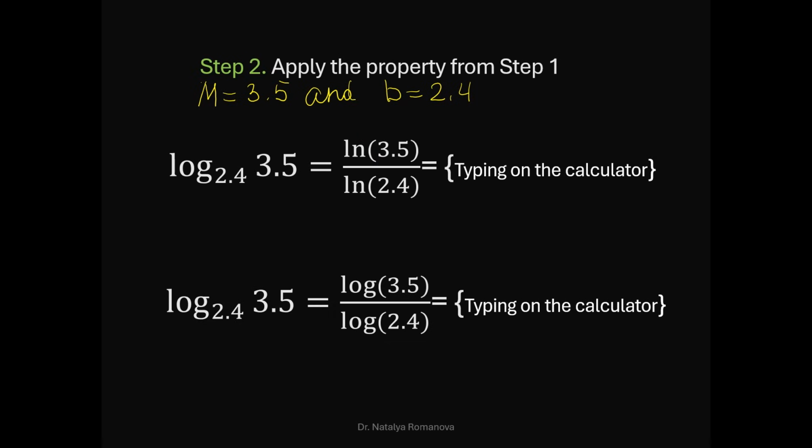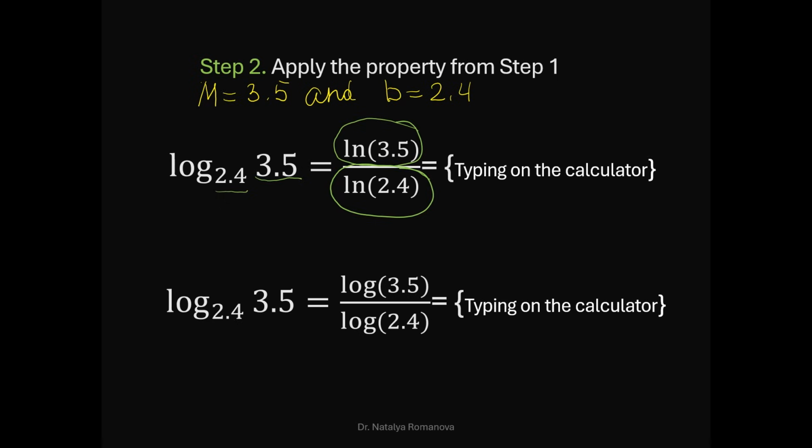So in this special case, we rewrite the log using any base our calculator can handle, usually the common logarithm or the natural logarithm. Back to our example, the logarithm with base 2.4 of 3.5, we can write using the natural logarithm. It would be ln 3.5 divided by ln of the base,